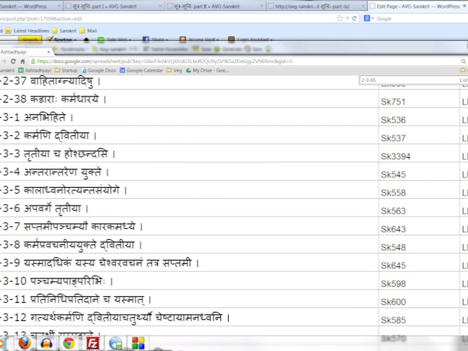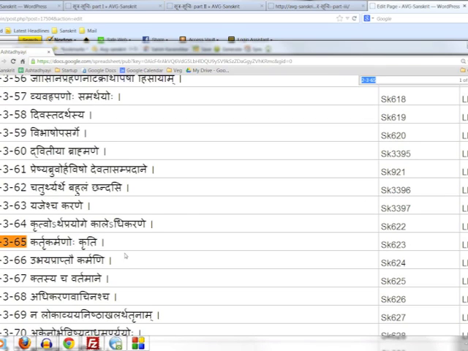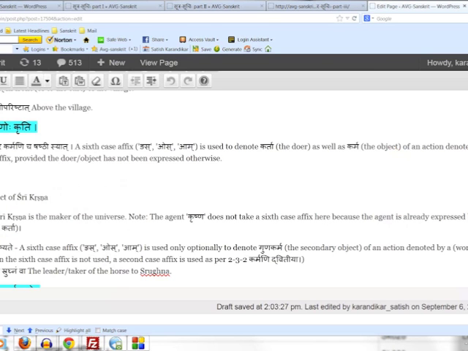Now we're going to study a sutram which prescribes a sixth case affix to denote the object as well as the doer of an action under certain conditions. The sutram here is 2365, which says Kartri Karmanoho Kriti. And the vritti says Kridyoge Kartari Karmani cha Shashti Syat, meaning that a sixth case affix is used to denote